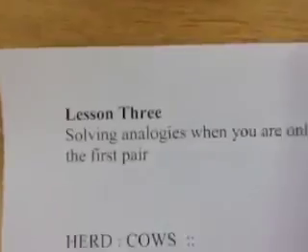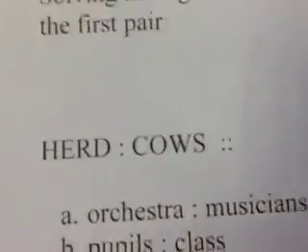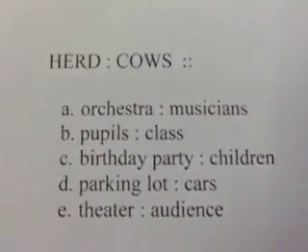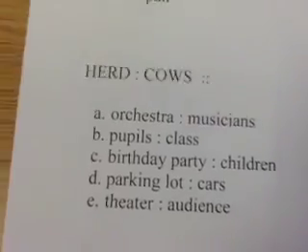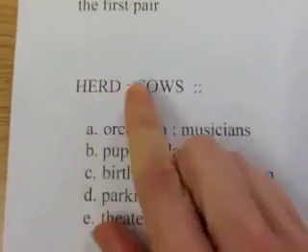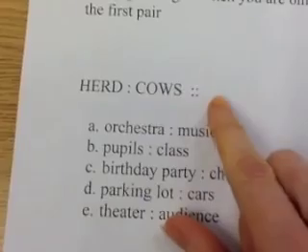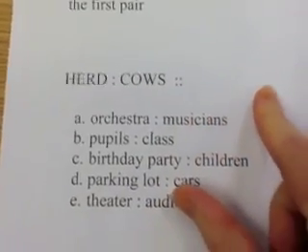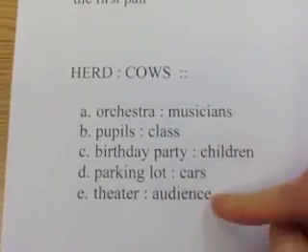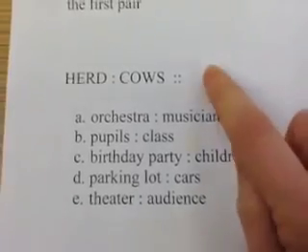So here we've got a different kind of analogy that can be a little bit trickier to solve. What they're doing here is they're only giving you the first two words in your analogy. Whereas before, you would have seen a word over here and a line. Now you've got to figure out which of all of these pairs would be the correct answer to put over